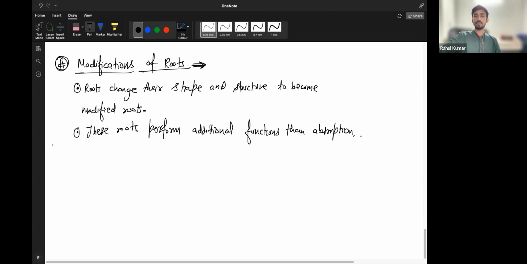and conduction of absorption of water and minerals. This is the primary function. Apart from this function, when roots modify to do other things, then they are called